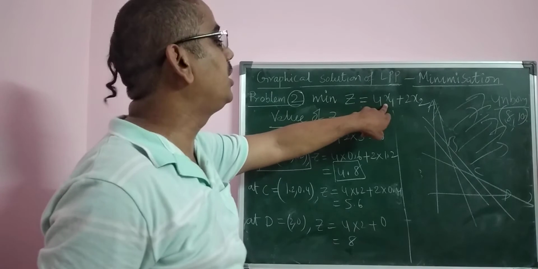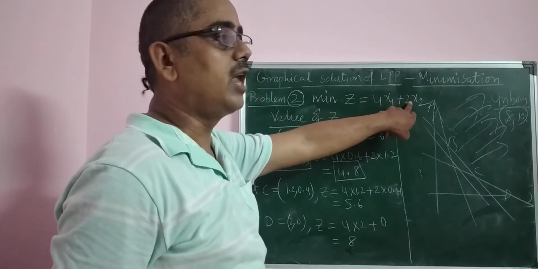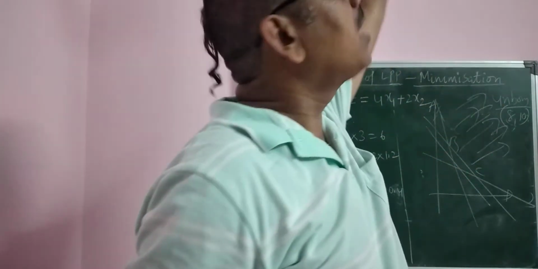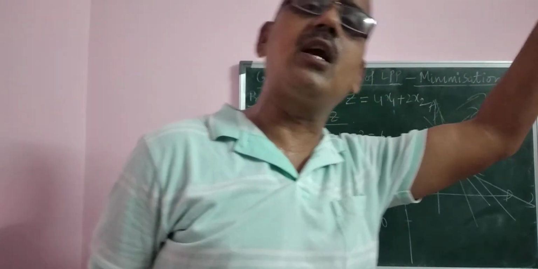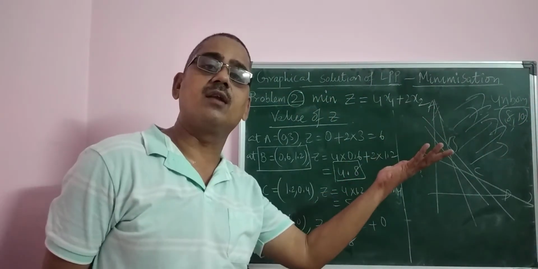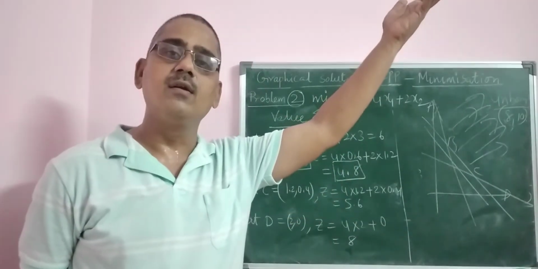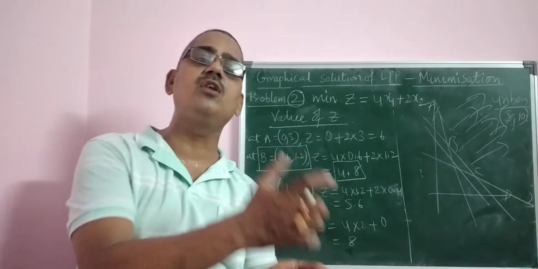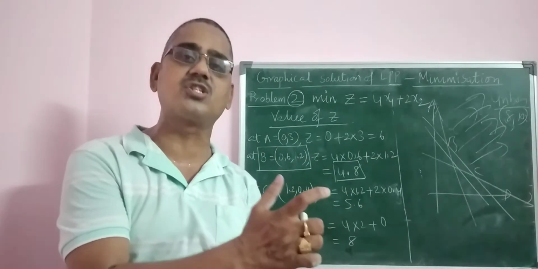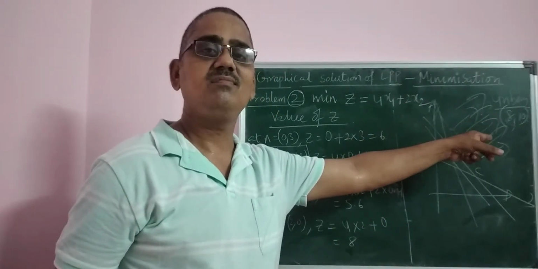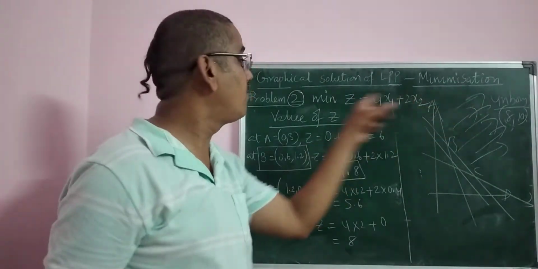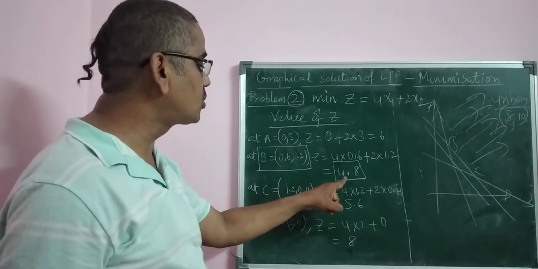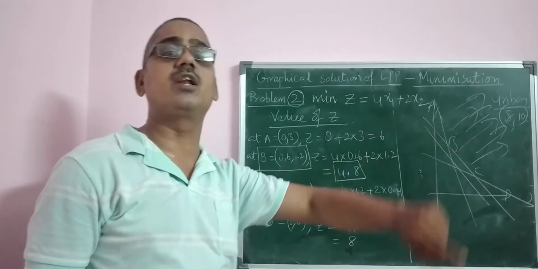Substitute here: 4 8s are 32, 10 2s are 20, 32 plus 20 is 52. If you consider a point above 8 and 10, we may get any kind of point, so it is an unbounded region. We get 100 and 200; if I consider 500 and 800, the value keeps growing. Therefore the maximum value cannot be attained, because the region is not bounded. So for the maximum value, the solution is an unbounded solution. But for the minimum value, the solution exists. Therefore, it is an unbounded feasible region for a minimum value.